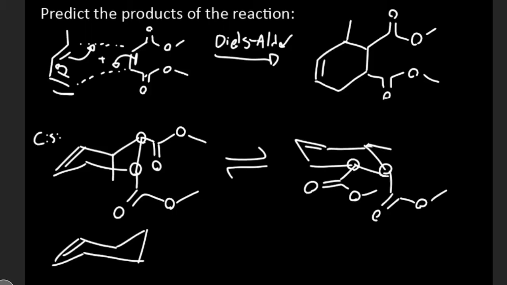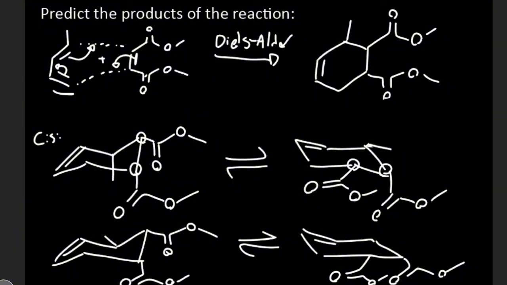So the alternative way to draw it would be to draw them trans from one another. So I'll draw that quickly. We're going to have the methyl in the axial position. So we just have to figure out which of these two, the cis or the trans forms, would be more stable. And really, because in the trans configuration,